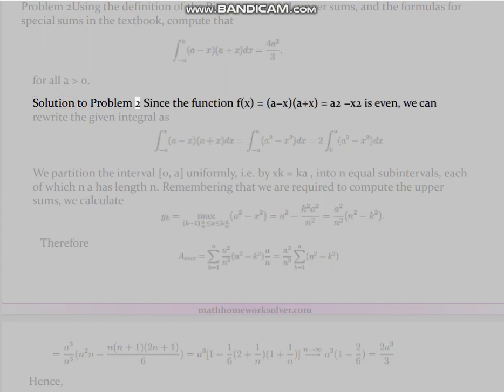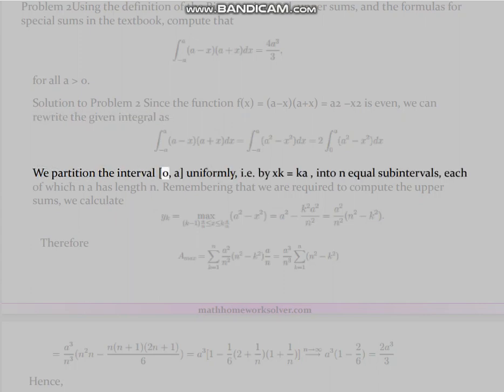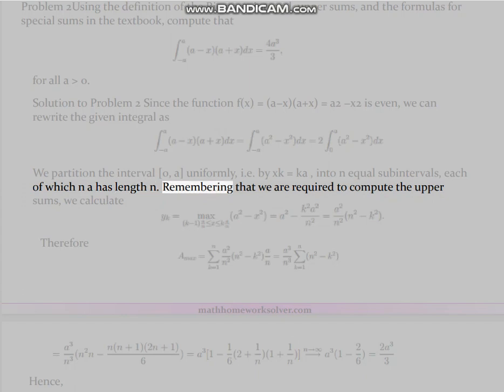Solution to problem 2. Since the function f of x equals the product of a minus x and a plus x, which equals a squared minus x squared, is even, we can rewrite the given integral as follows. We partition the interval 0 to a uniformly, into n equal subintervals, each of which has length a over n, with x_k equals ka over n. Remembering that we are required to compute the upper sums, we calculate, therefore,